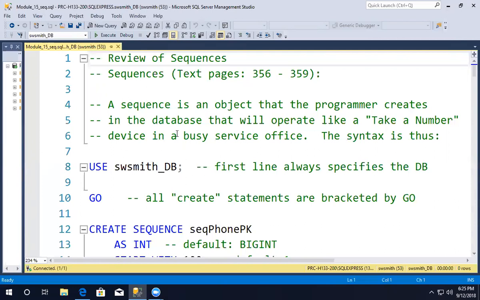The problem with identity is that you can't insert something that you want in there, and it ties you up a little bit. So all you can do is take what the identity gives you. If you override it, then you can't turn it back on again. Okay, so